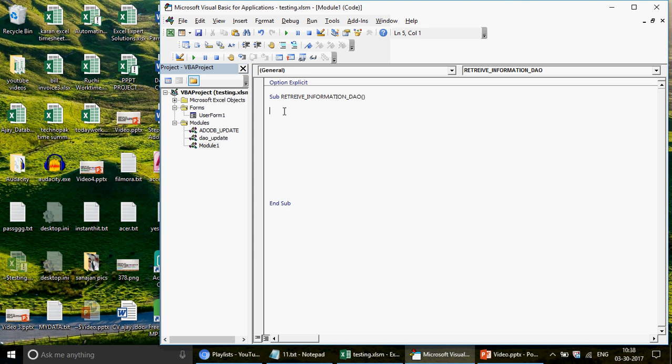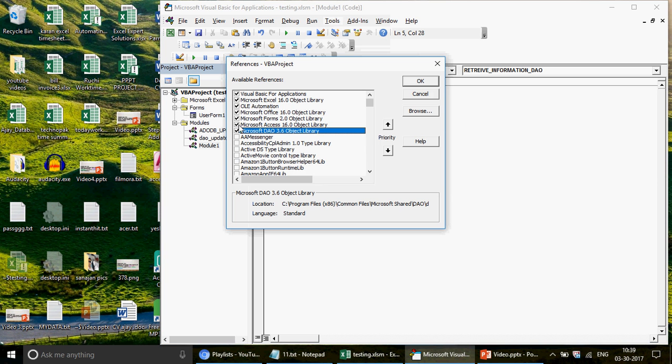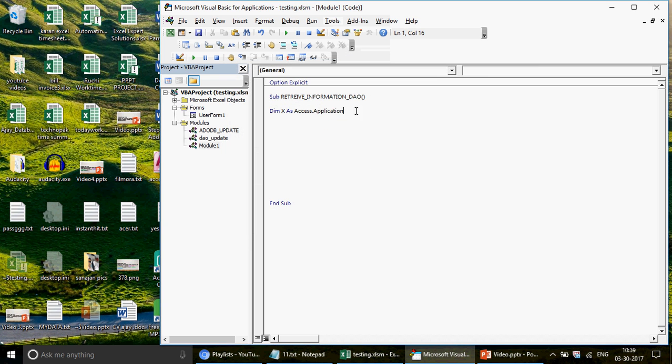So the first thing you want to do is open the Access application, right? This is how we're going to do that. I'm going to name this Access.Application. Now guys, you see this Access.Application only because you have activated the Microsoft Access library. If I uncheck that library and click OK, come back to the code and start typing this again,